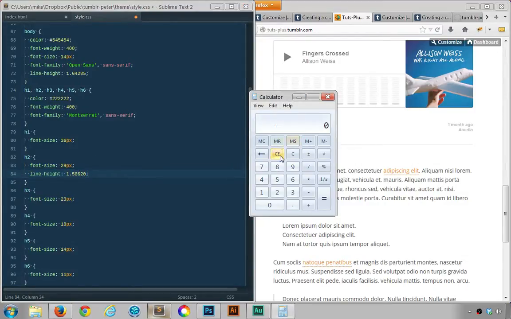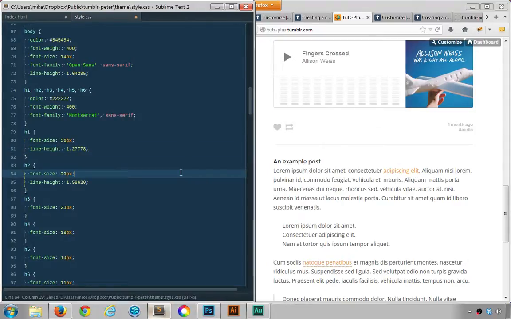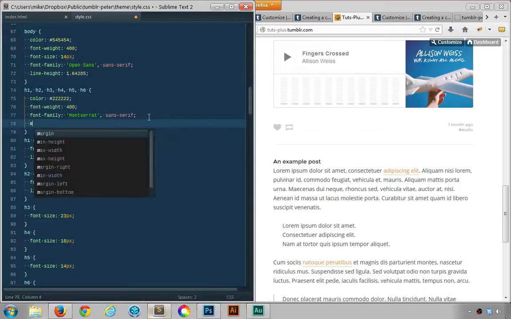And then again, just do the same with the H1. So 46 divided by 36. And we want a line height here of 1.2777. I'll throw in an 8 there, like so, because there's 7 recurring. And then click save. So if we refresh, the final thing to do even is add a margin bottom, and